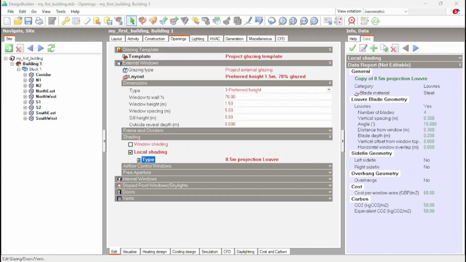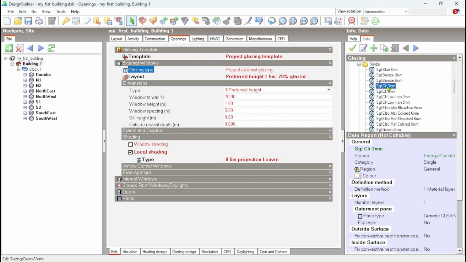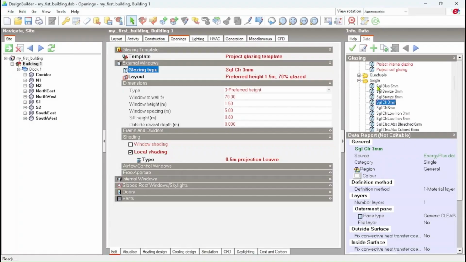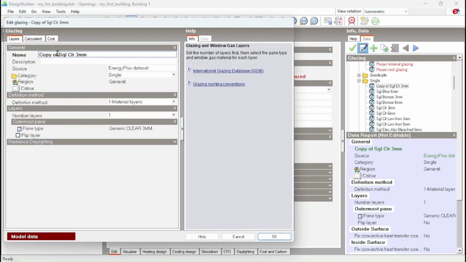So finally, let's say that we also have this opening, and we can also change the glazing type. We know that windows have different glazing types. We press the three dots, and then we have different types. This shows the simple single clear 3mm window. As always, we can also create a copy and edit the data from this single clear 3mm. We change the name,